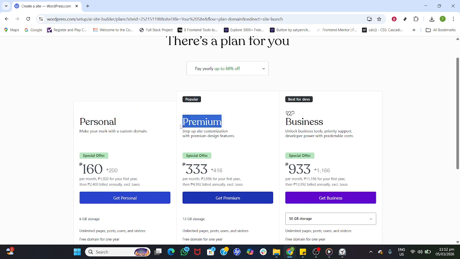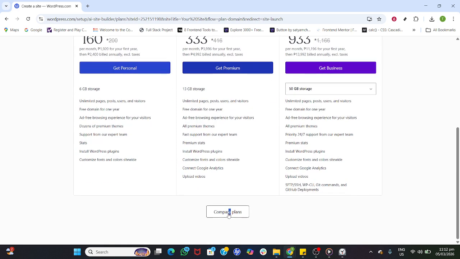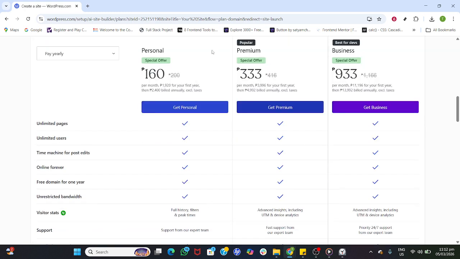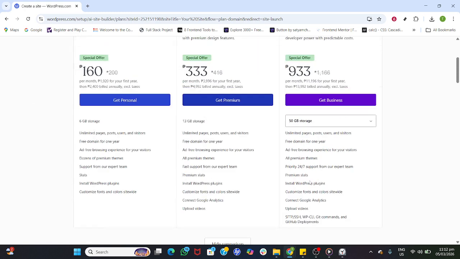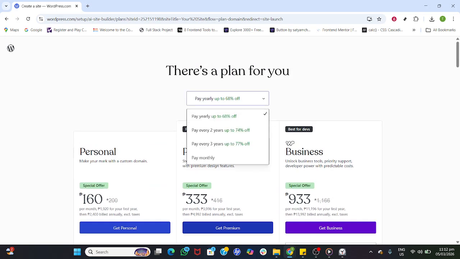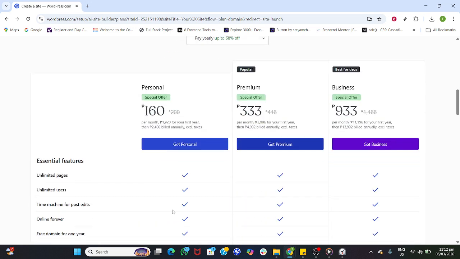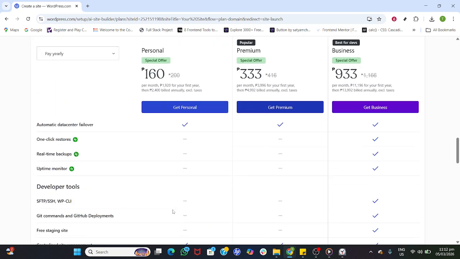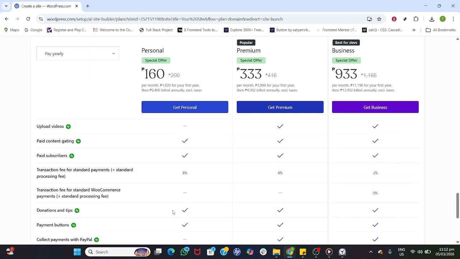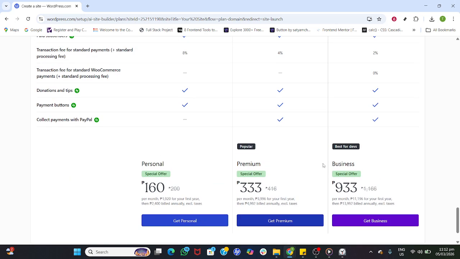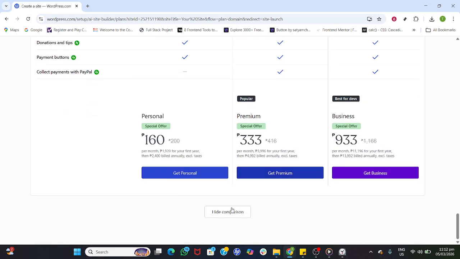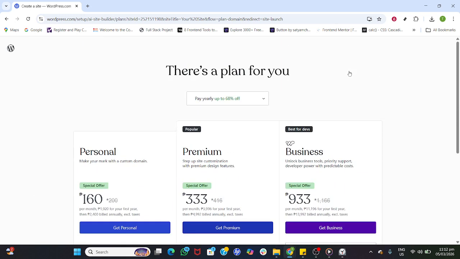Next, select the plan tier that fits your needs, personal, premium, or business. Each offers different features and resource limits, so pick what matches your goals today, knowing you can upgrade later. Choose your billing cadence. Pay yearly, pay every 2 years, pay every 3 years, or pay monthly. You may see a promotional message like a percentage off for longer terms. Use that if it suits your budget. If you want to double-check features before committing, click Compare plans to review the differences side by side. That's it. Save,